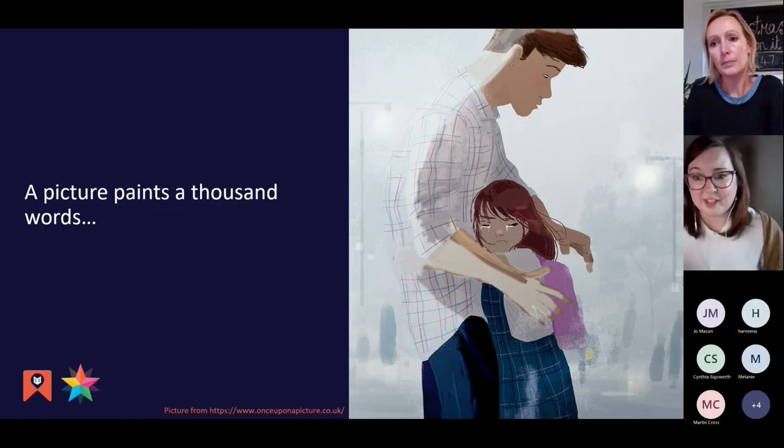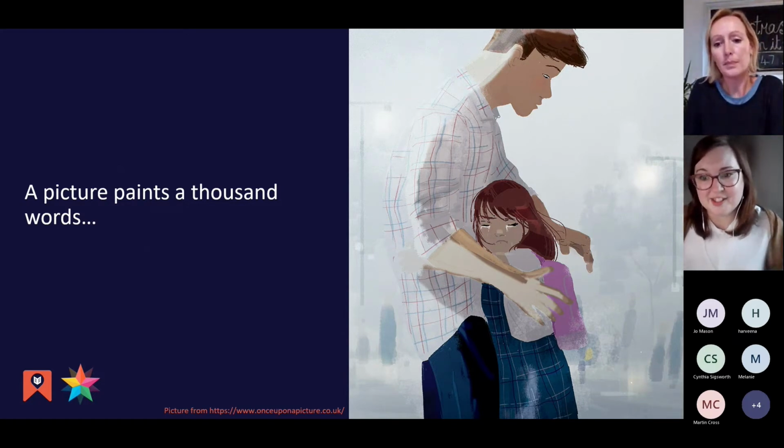They could start to develop a story, and it could be words related to things later on in the story. But that idea of using an image as a stimulus to create lots and lots of vocabulary, and then develop from that and talk about the meanings, still links to reading as well, really.